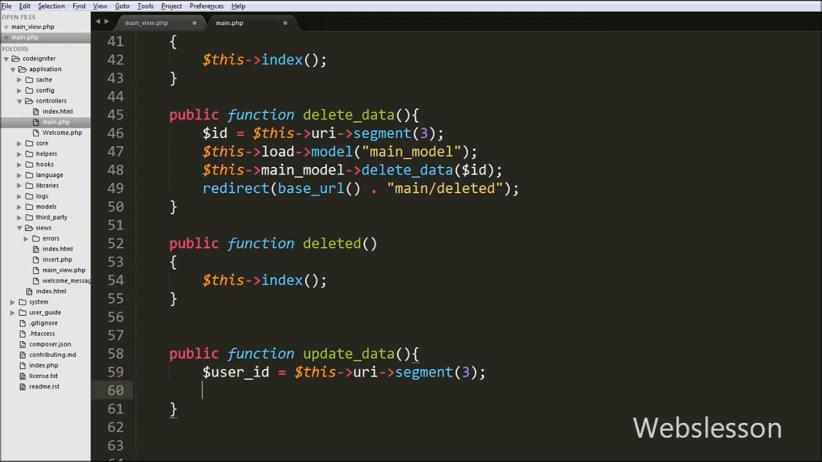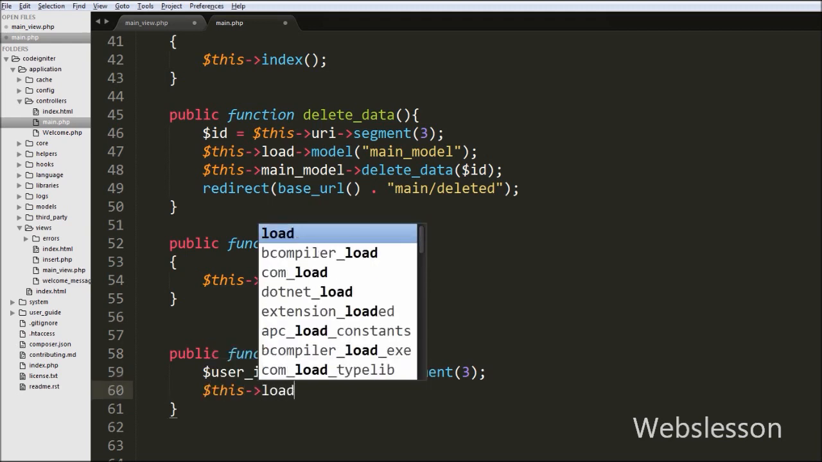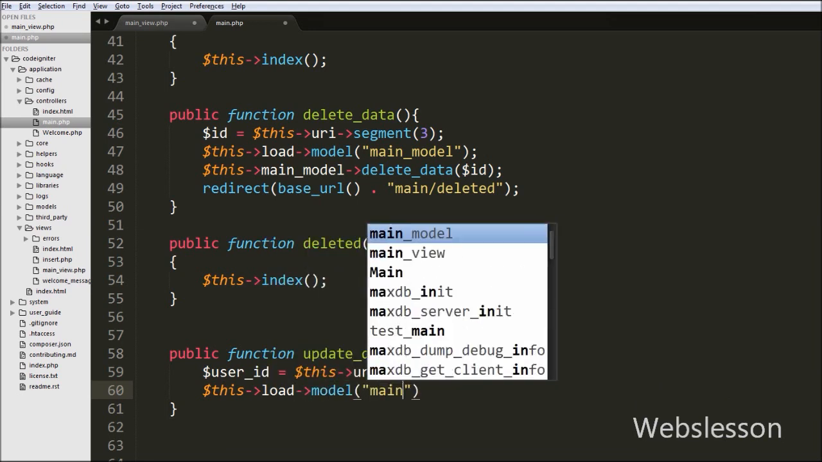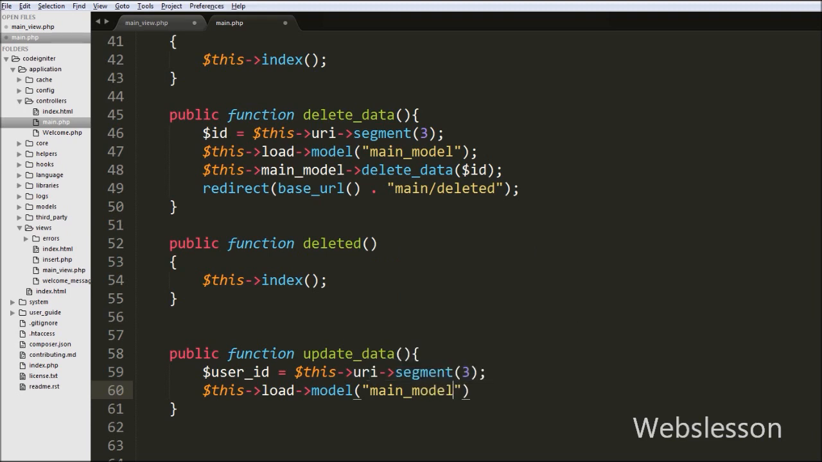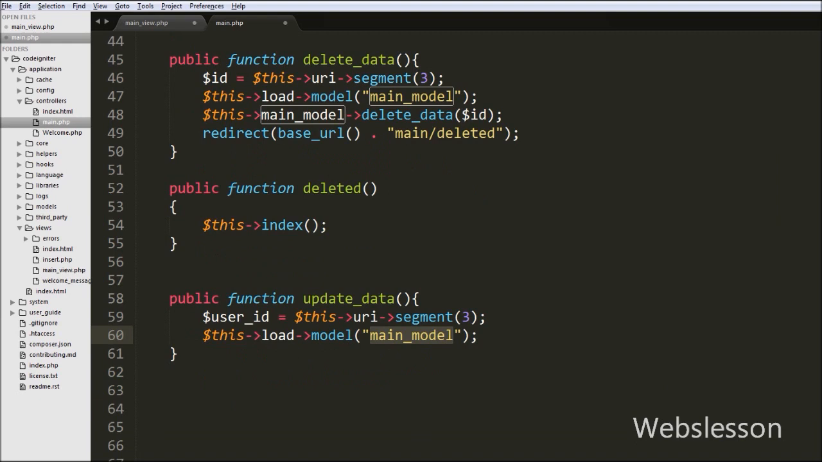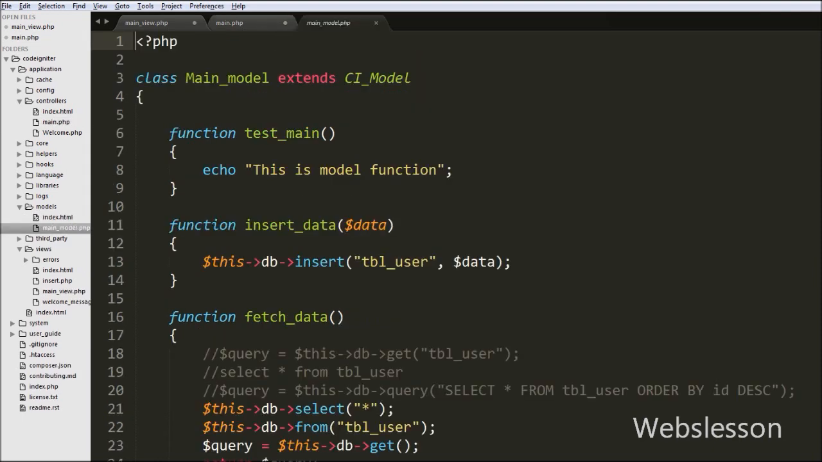Then after we want to load the main model into this function. So for this we write $this->load->model with one argument, which is main_model. This function will load the main model into this function, and we can access the methods of this model in this function. Now we go to the main model page, and on that page we write one function,